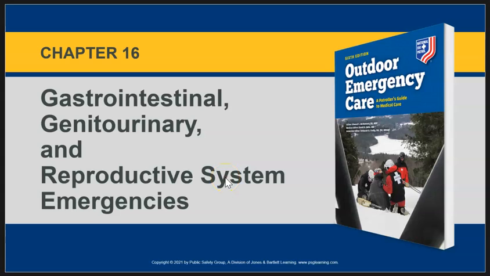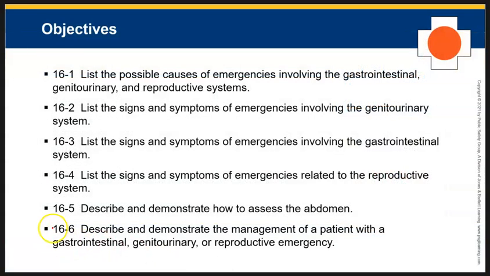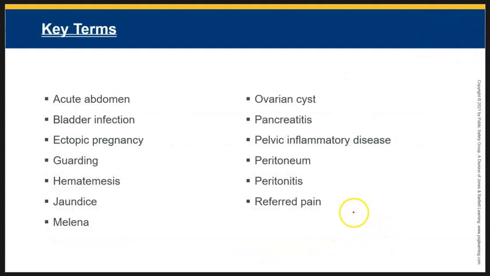This video wraps up Chapter 16 of OEC 6, looking at GI, GU, and reproductive system emergencies. And in this one, we're really going to focus on the objective right here, management of a patient with a GI, GU, or reproductive emergency. A few key terms to consider here will just be references to some of the earlier particular medical emergencies that